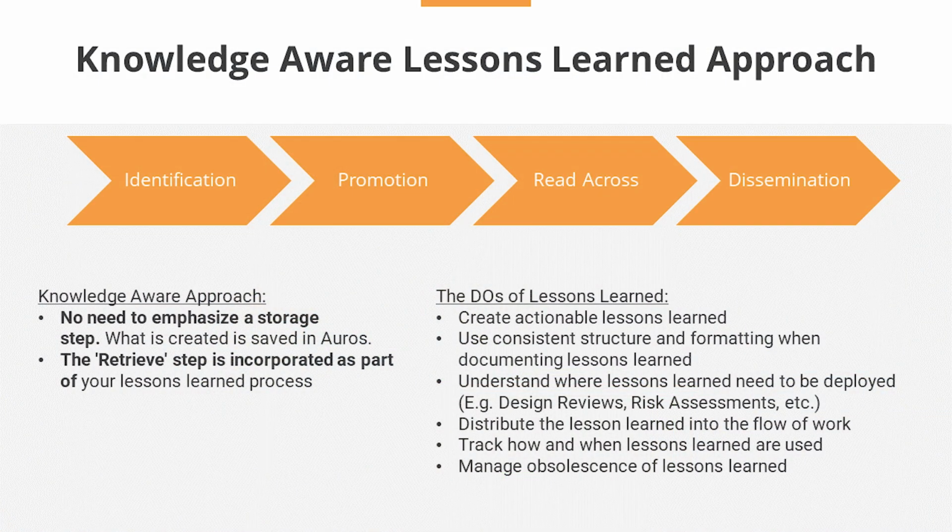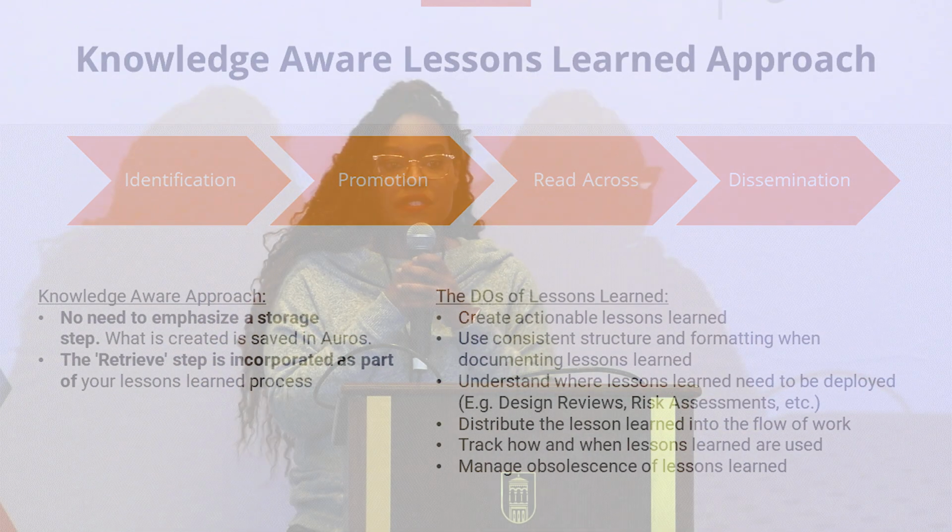And also the managing of the obsolescence of lessons learned. Sometimes after a period of time, identified lessons are no longer applicable. And knowing when we need to go back in and delete or even update is something that's kind of put on the back burner, aside from creating. But with some of the features and tools built into Auros, we are able to track that obsolescence as well through vitality. There's a lot of different things in the tool that we can use to track that and not have it in hindsight.